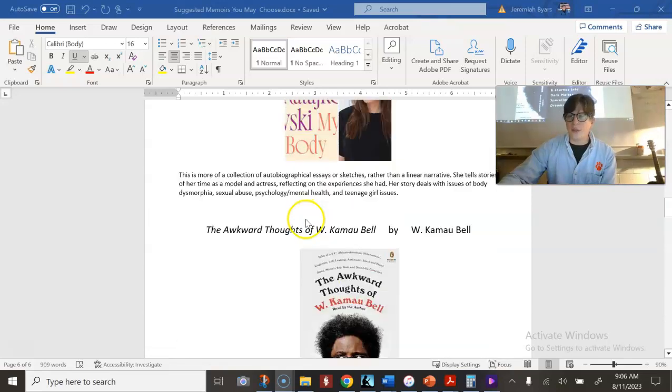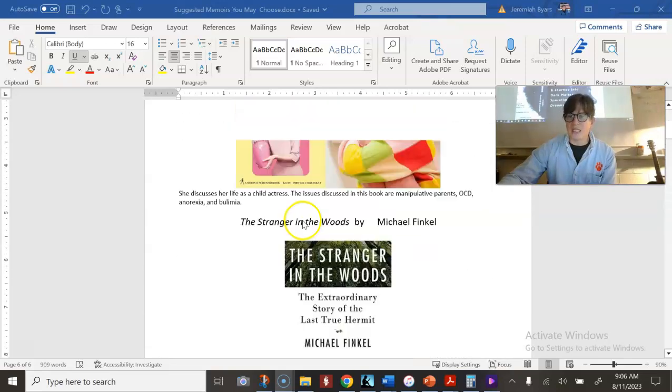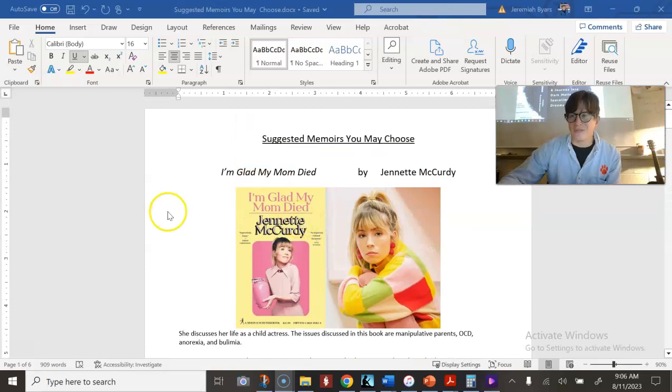If you read through all of these books and none of these really sound all that interesting to you, I have more that I can add to it. Like there's a book on a family of schizophrenics called Hidden Valley Road. Great book, super cool. If I had time, I'd add that to this list. Maybe I will by the time that you get to this. All right, but you will need to pick a memoir to read.